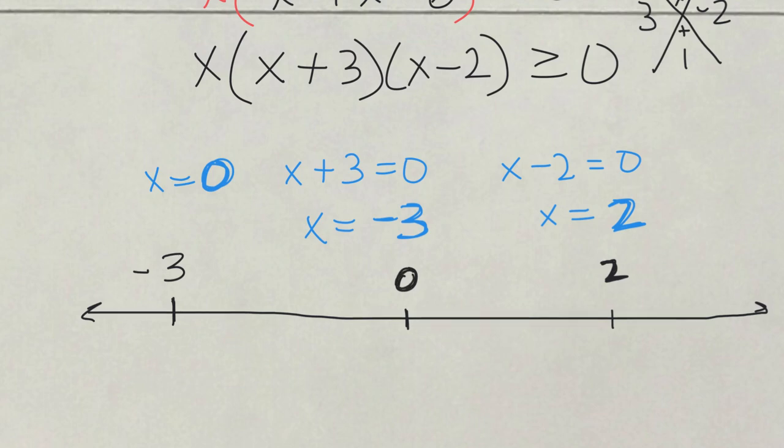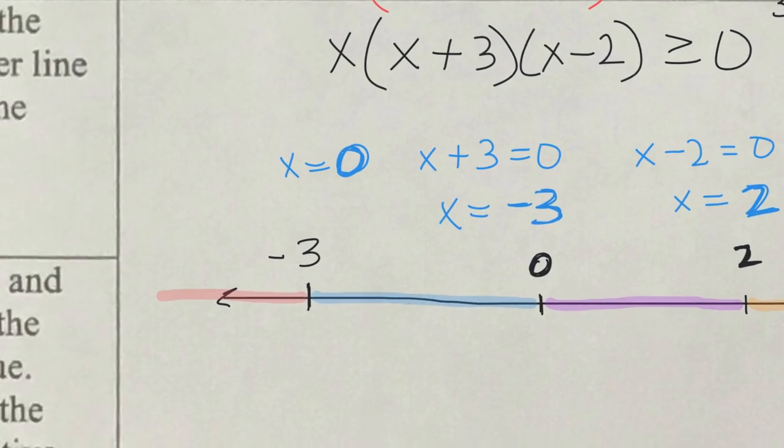Right? We created the interval everything less than negative 3. We made the interval everything between negative 3 and 0. We made the interval between 0 and 2. And our last interval is everything greater than 2. Right? So we have 4 different intervals that we're going to see. Is our graph positive or is our graph negative on that interval? So what we do is pick a number less than negative 3 and we evaluate it. Whatever your favorite number is less than negative 3,